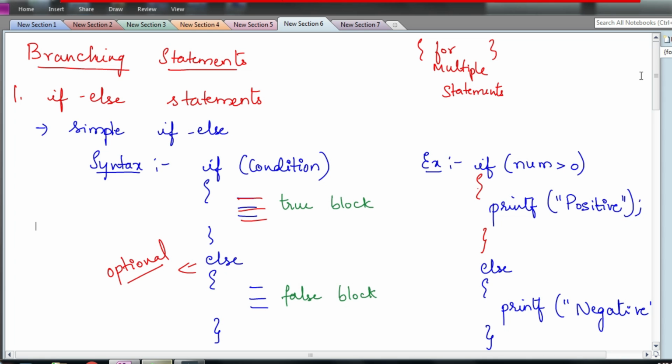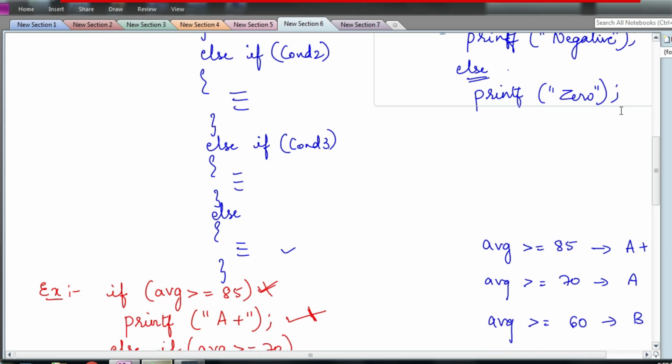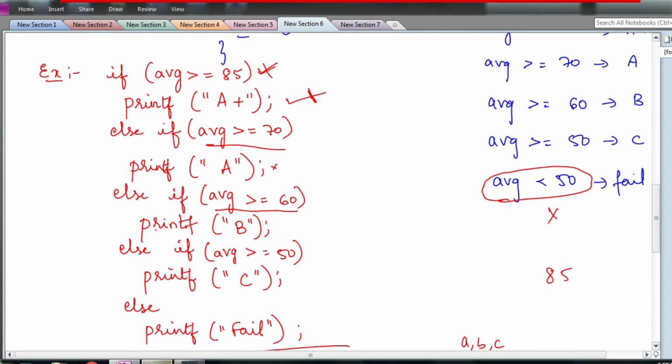That is, if this condition is true, execute this, that's all. If it is false, what to execute is not necessary to be present every time. In such situations, it is not necessary to have the final else block. So whether it is simple if else or ladder if else, this is optional. So the final else block is always optional.